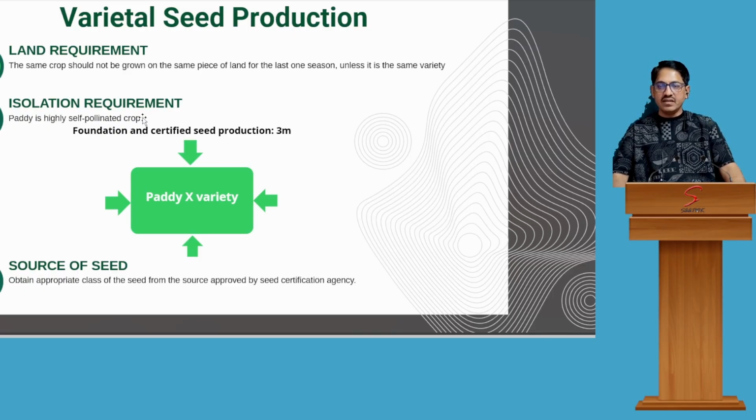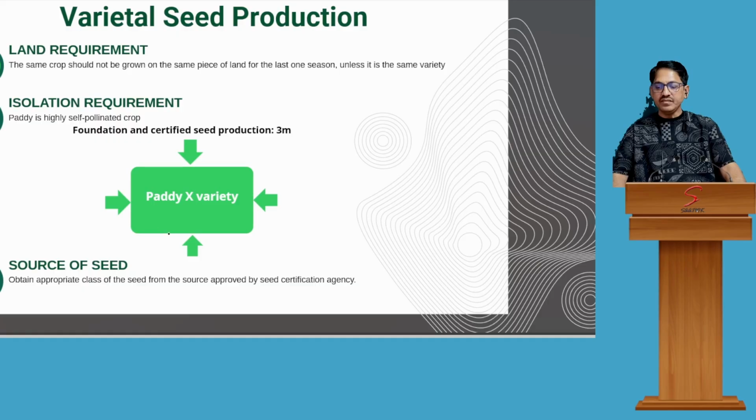The second is isolation requirement. This is very much important in producing quality seeds during seed production. As paddy is highly self-pollinated, it requires only 3 meter isolation distance from the other field. But what is the isolation distance? You can see here,